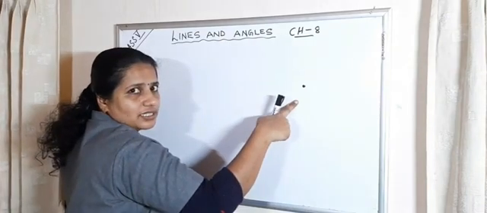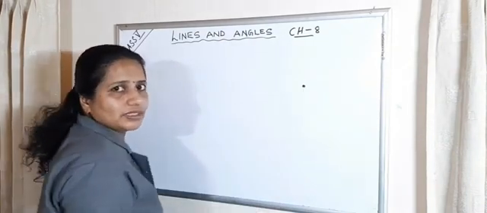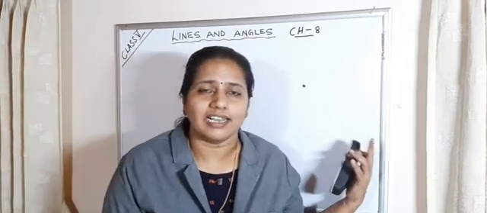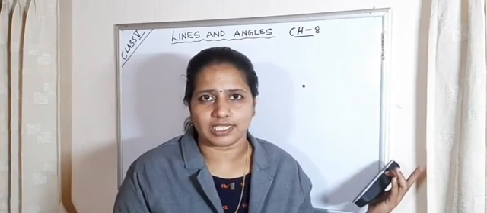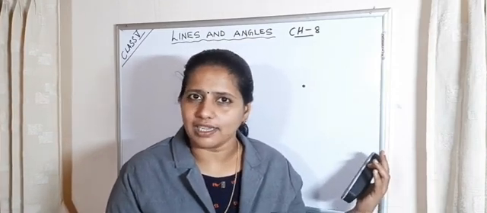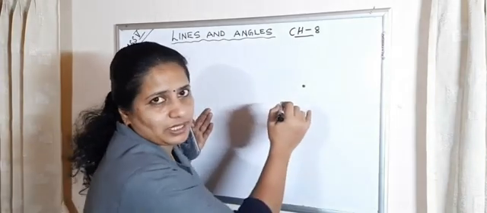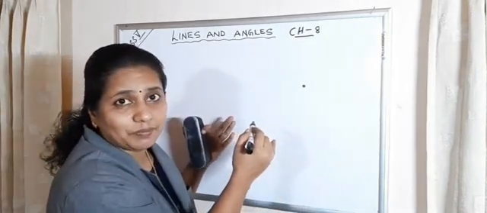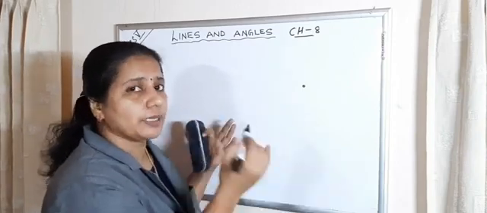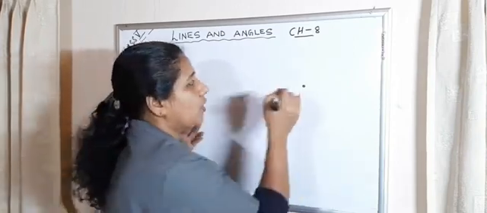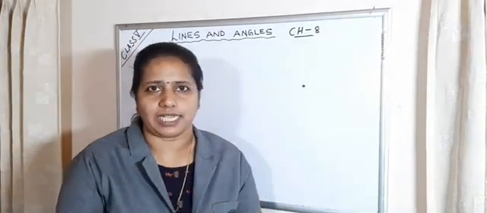Look at here. What is this? Anyone know? Yes, it is a point. Then tell me what is a point. A point is a dot made with a sharp object. It may be a pen or it may be a pencil. Okay, a point is a dot made with a sharp object.